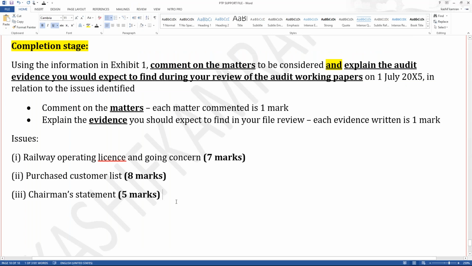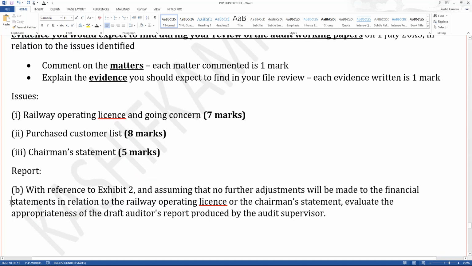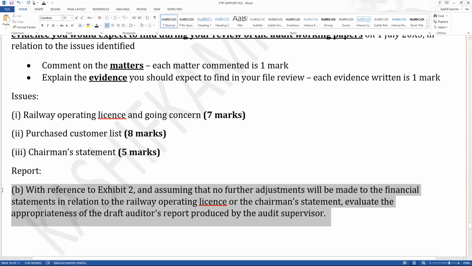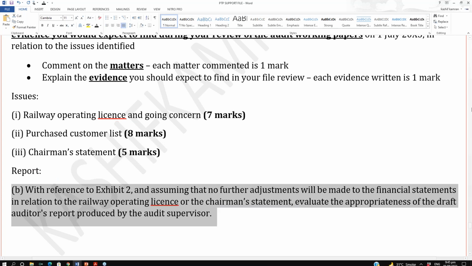Now see how you read a question and how I read a question. This is a question set at the stage of report, just for 5 marks. And the question on report is this. So just a 5 marks reporting requirement and a 20 marks completion requirement. So which is heavyweight here? The heavyweight here is completion. Now understand,